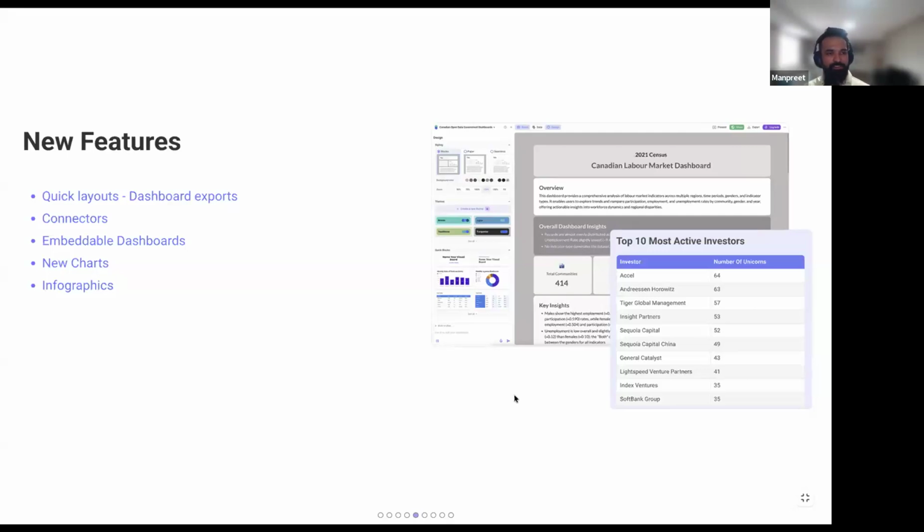Okay, so the new features that we would discuss and I'm sure will be able to show you guys are the quick layouts and the connectors that I was talking about. Also, we have embeddable dashboards. This is an advanced use case, but we have people